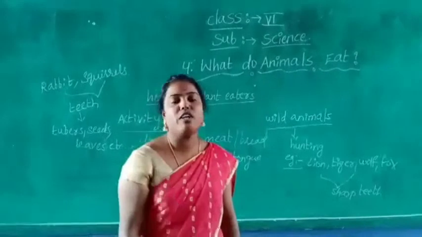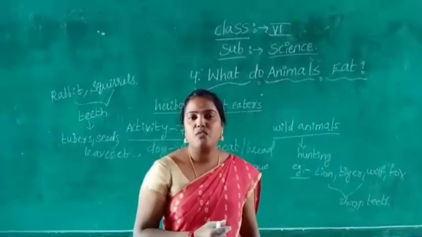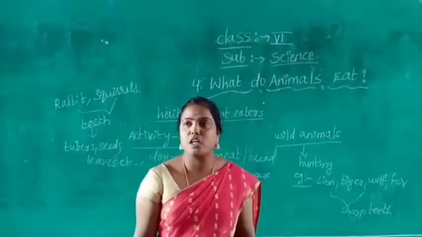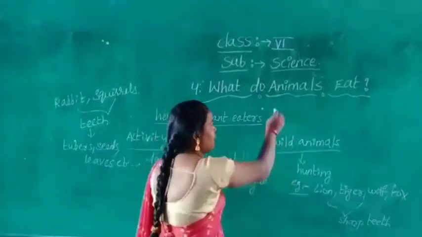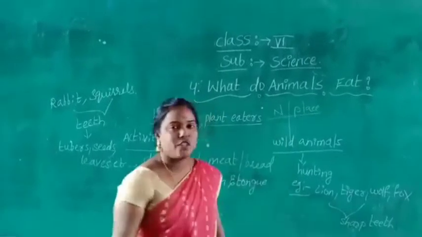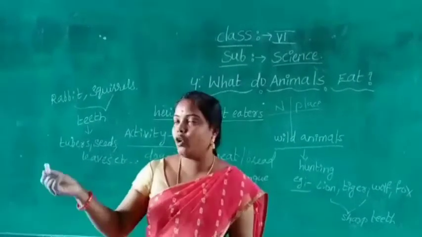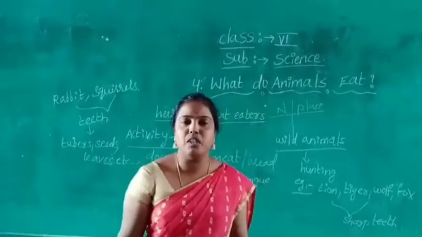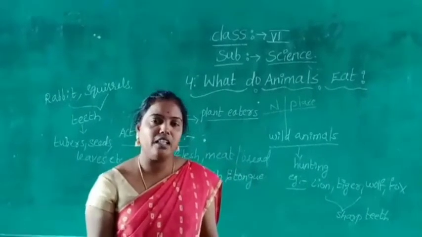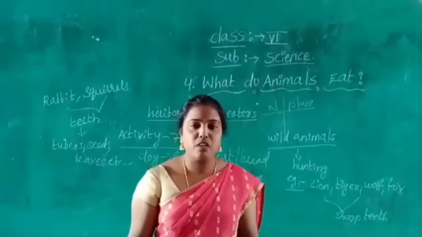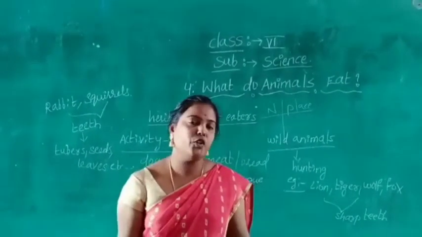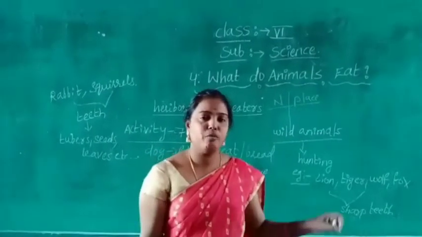Okay, children, what is your work? You observe different types of animals present in your surroundings. Write the name of the animal and the place where it is living. For example, a lizard which lives on the wall, a spider which lives in its web, a hen which lives in the garden, and frogs which live both on land and in water. Next, a butterfly which lives on the flower, etc. You observe some animals in your surroundings and write the animal name and where it is living.